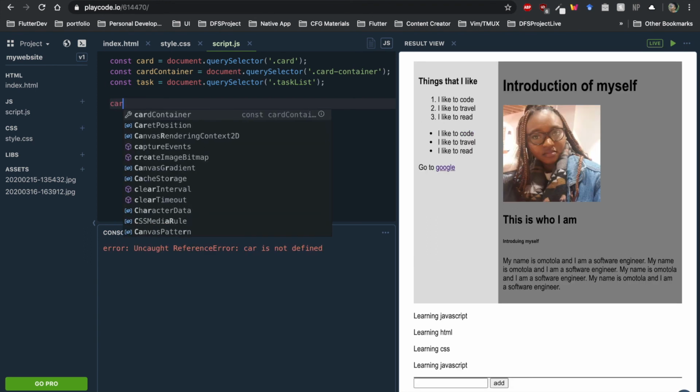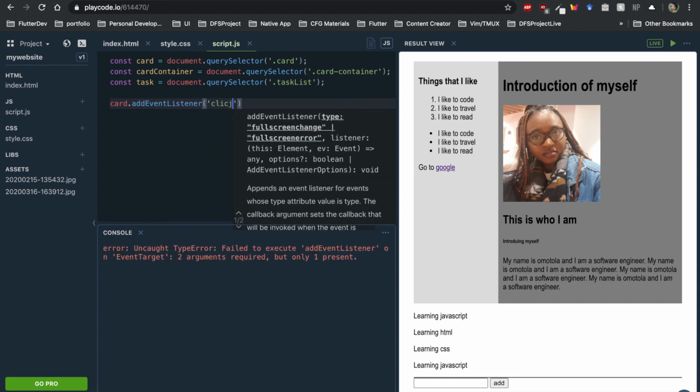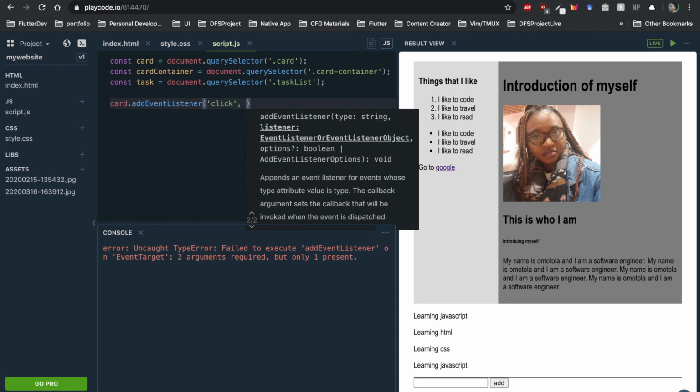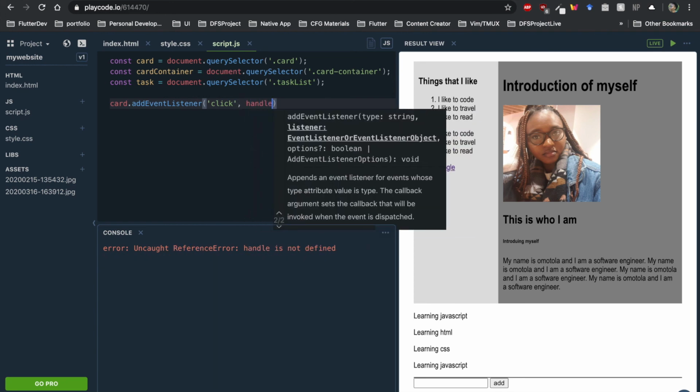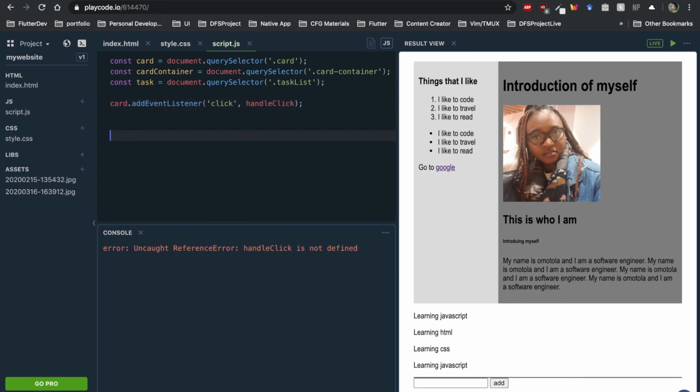So card.addEventListener, which is the click event listener, and then handleClick is the name of our function that we want to handle that click event, and here we can say function handleClick, and then when we open and close this, we can then say